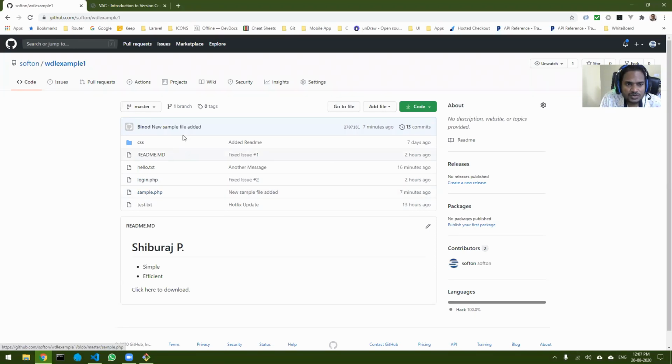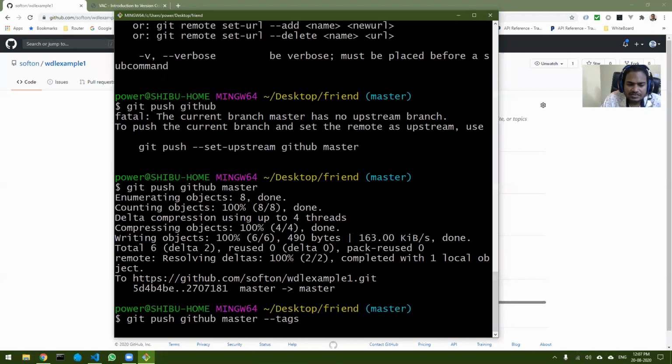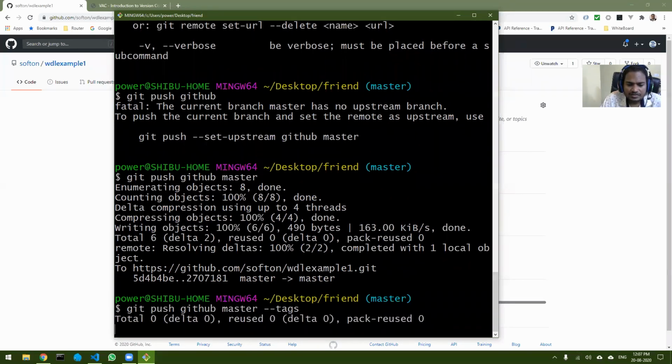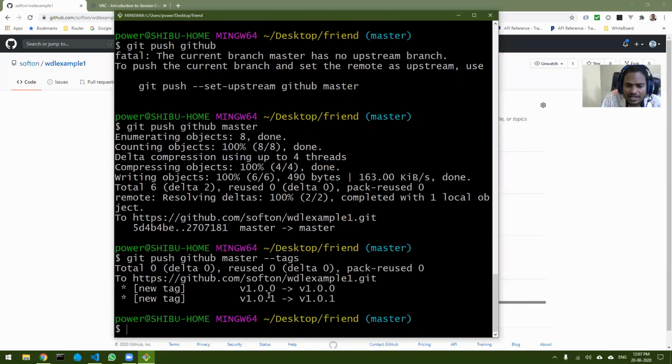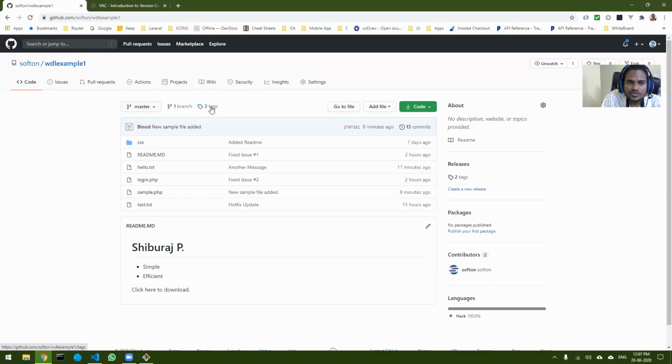Okay, but one thing to note, look at the tags. There are no tags. Why? Because we have created 2 tags, but it is not coming over here. The reason is the tags are not pushed automatically. The tags, you have to push manually. So you just have to run this command again with this flag. If you run this, then the tags are also copied. Let's wait for the tags to be copied. You can see now 2 tags are copied. Now if I refresh and see, we have 2 new tags.